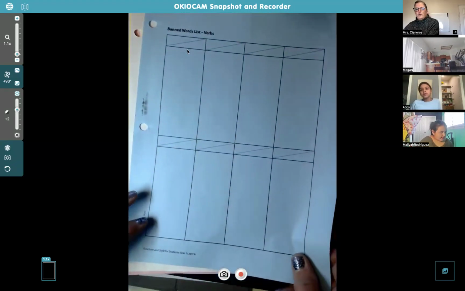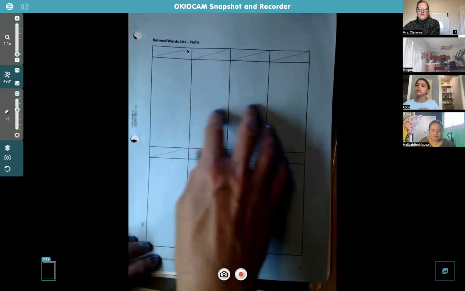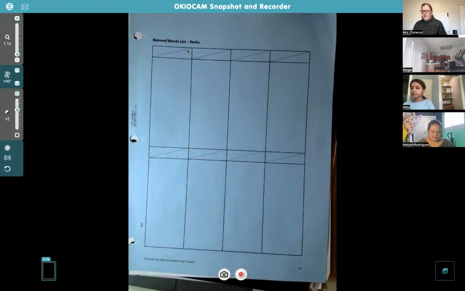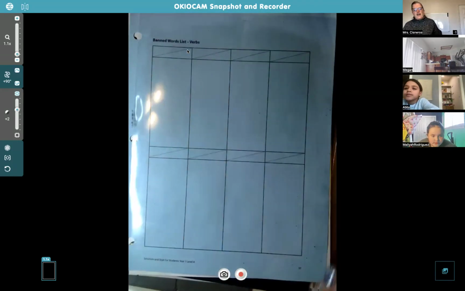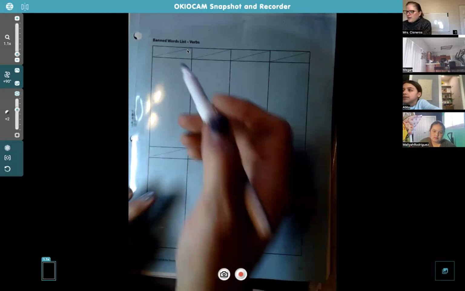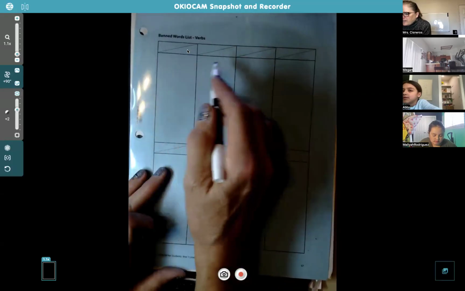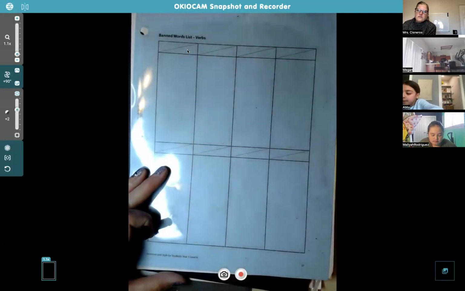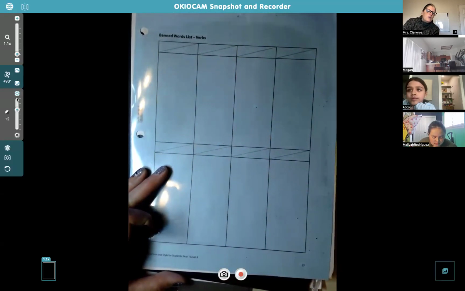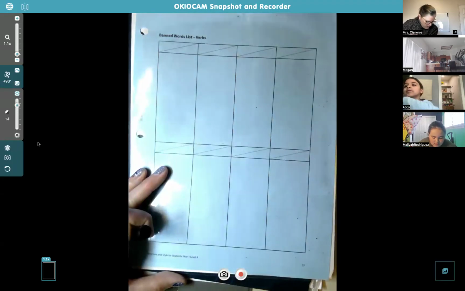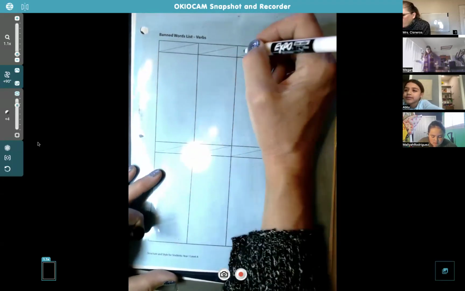Okay, let's start with the blue page here. You guys already have stuff written on this page, like they said and seesaw. You guys see that on there? We're gonna add a couple new banned words. New banned words. Okay. The first one, you have seesaw and say said. So you should be over here on this third box. Let me lighten this so you can see it better. Oh, there we go. You're going to put in this third box, think